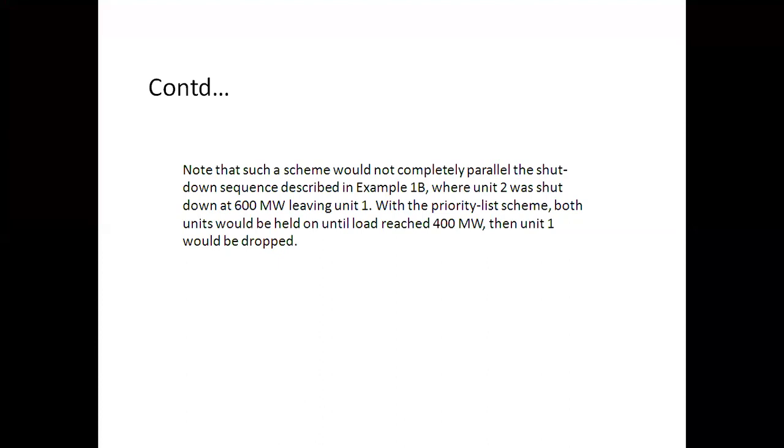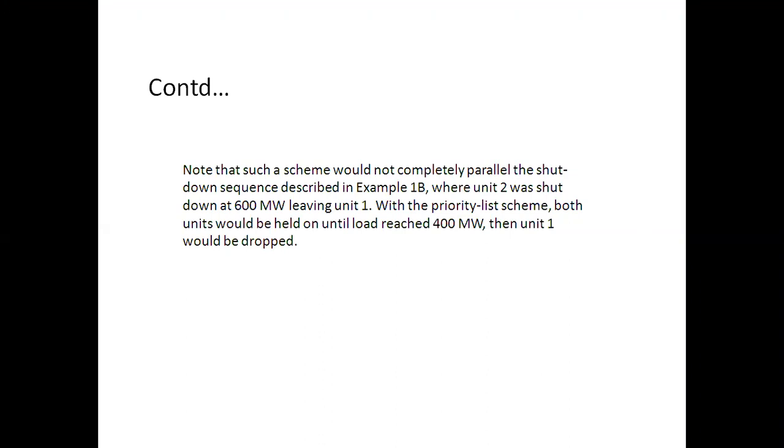But with the help of the priority list method, it is clearly seen that from 600 to 400 megawatt load demand, unit 1 and unit 2 are in running condition. Below 400 megawatt, only unit 2 is in running condition,